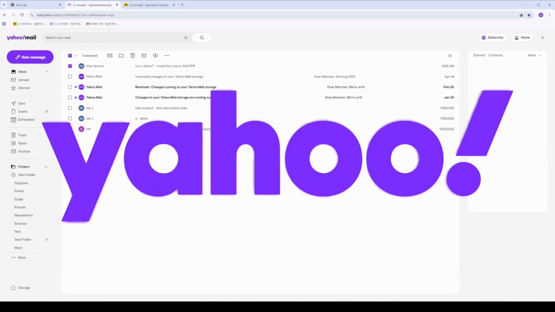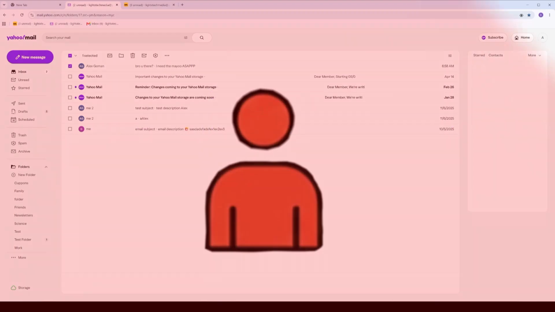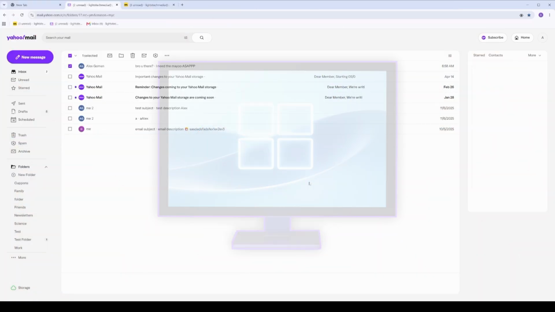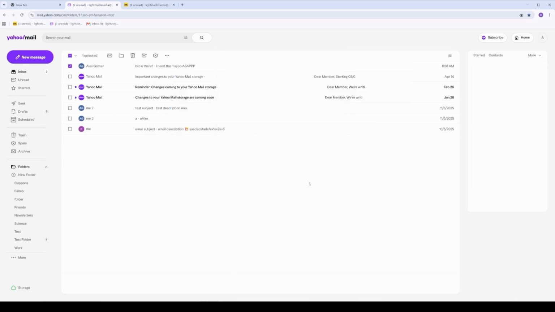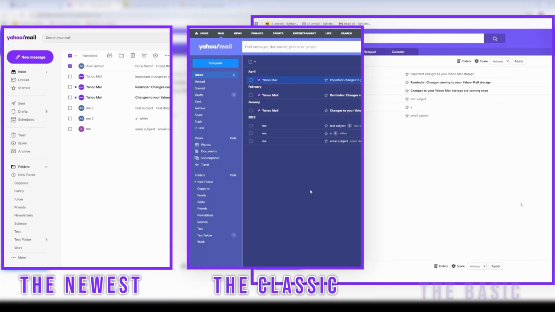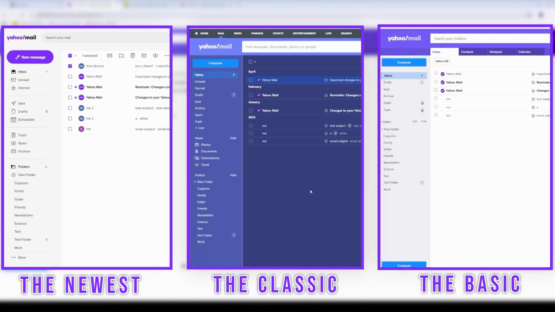In this quick Yahoo Mail tutorial, I will show you how to block someone in Yahoo Mail on a computer, Mac, PC and on a mobile phone as well. Currently, Yahoo Mail has 3 available versions to the public: the newest Yahoo Mail, the classic view and the basic mail. And I will show you how to block someone to reduce the spam emails on all the 3 versions,